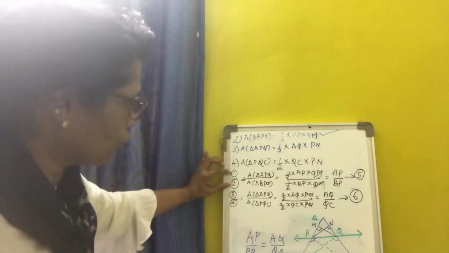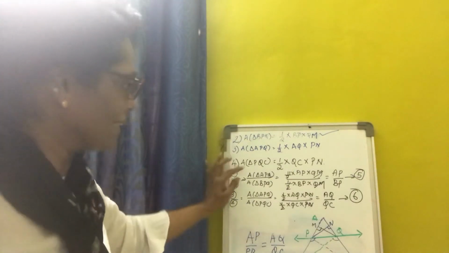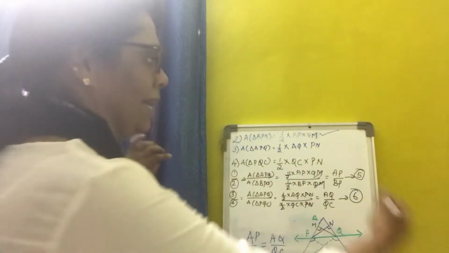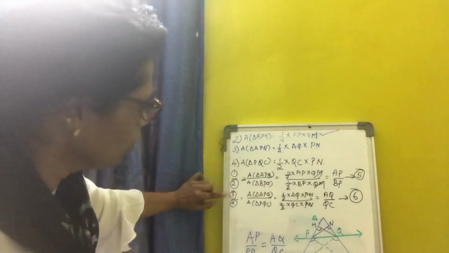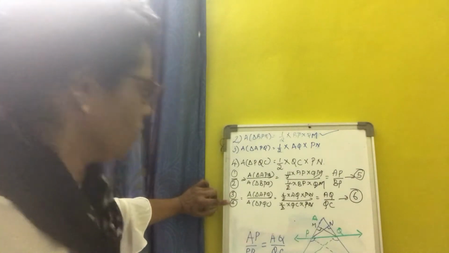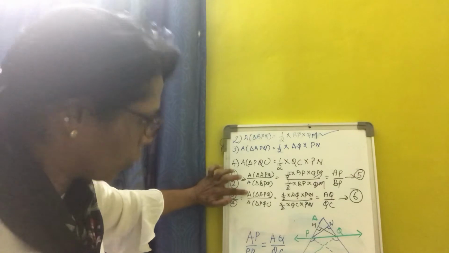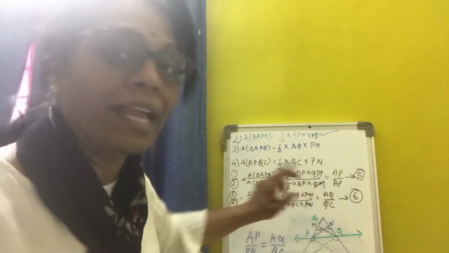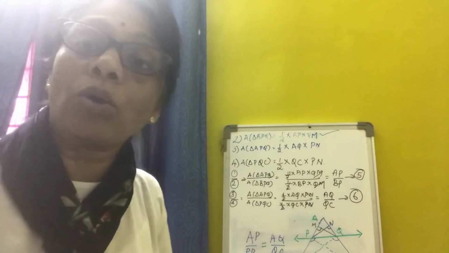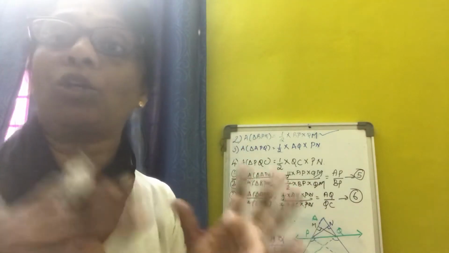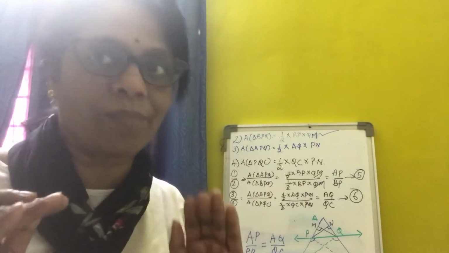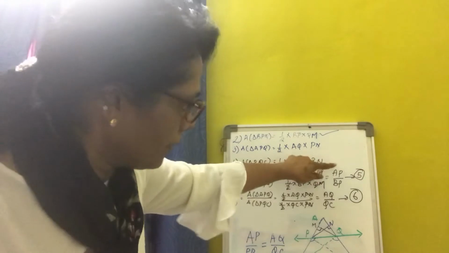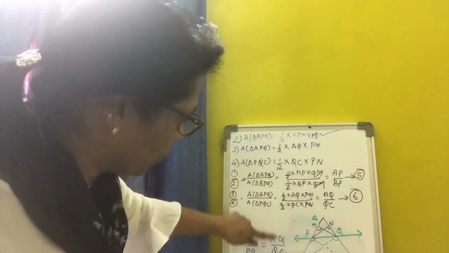When I divided equation number 1 and 2, I got LHS as area of triangle APQ divided by area of triangle BPQ and RHS as AP by PB. Now 3 by 4: numerator is APQ and denominator is PQC, which is equal to AQ by QC. Now, Euclid's theorem: things which are equal to each other are equal to one another. I hope you remember that Euclid theorem from grade 9. So LHS and this should both be equal. That is what we have to prove now: AP by PB equal to AQ by QC.